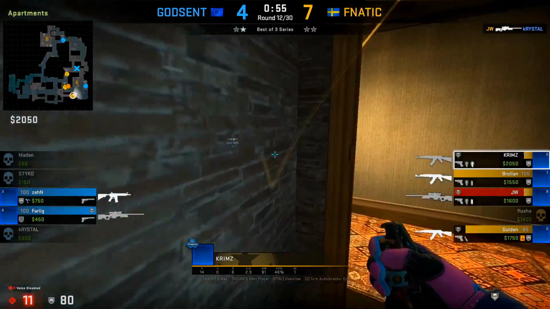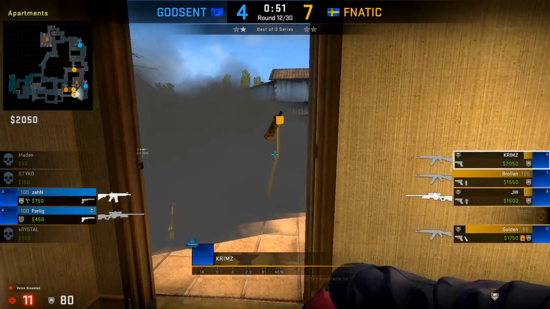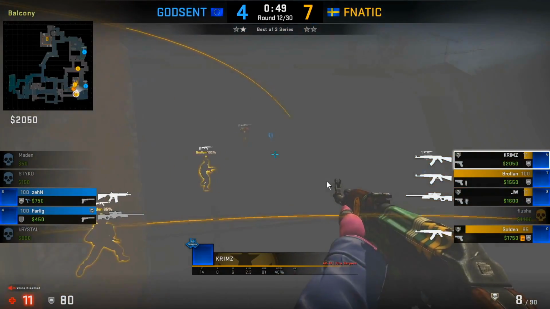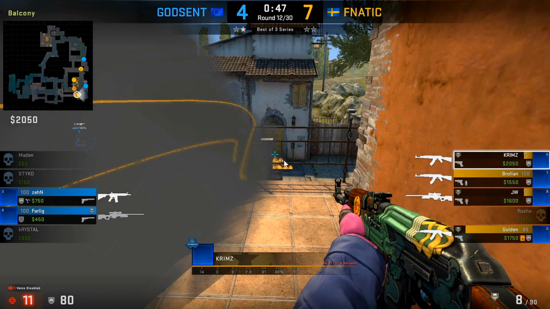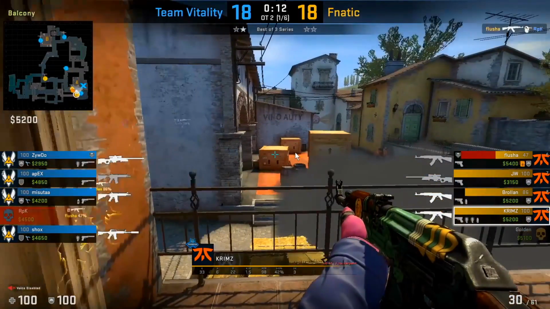Here's another situation where he's going to throw that lurk smoke. Then he's going to throw a couple flashes towards pit. And then his teammate's going to add on a molotov, which allows KRIMZ to basically post up like this. If there was a CT here, he'd be running out towards the right and KRIMZ would be posted on it. As you come out apps, if you don't see anyone towards pit,